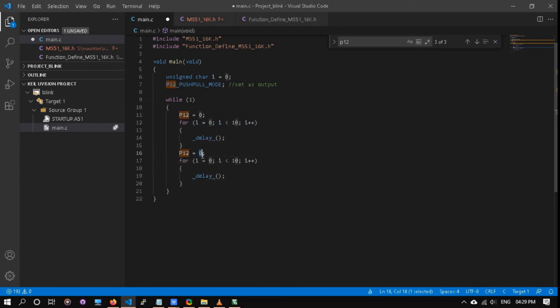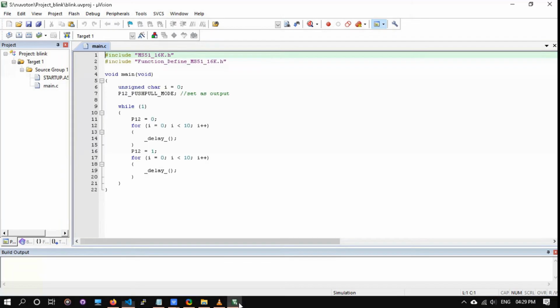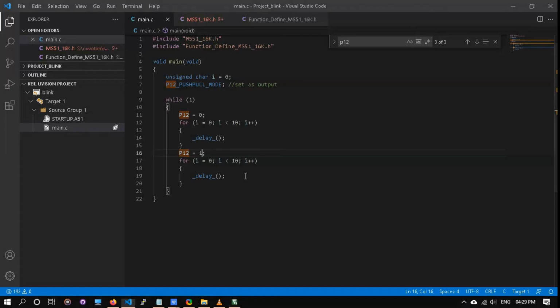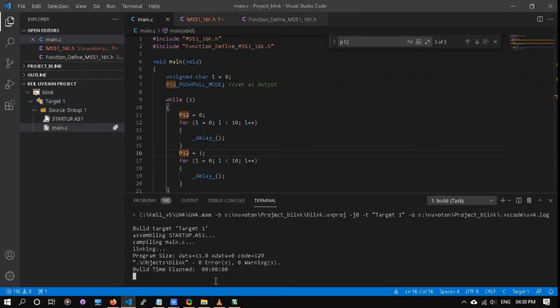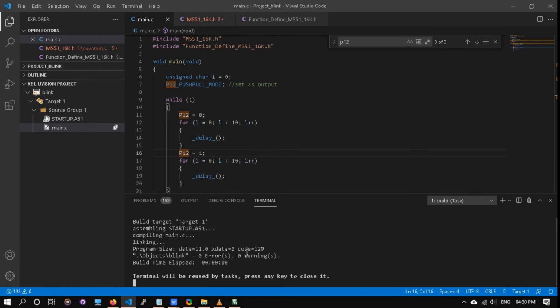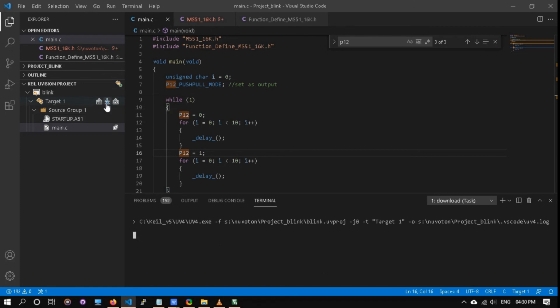You can see the same in Microvision. I don't like Microvision's own editor. That's why I use Visual Studio. We can change the mode to dark, but Microvision only supports white mode. So we build the file, successfully built, and something. I think the setting is changed for the target driver. So let me fix it.